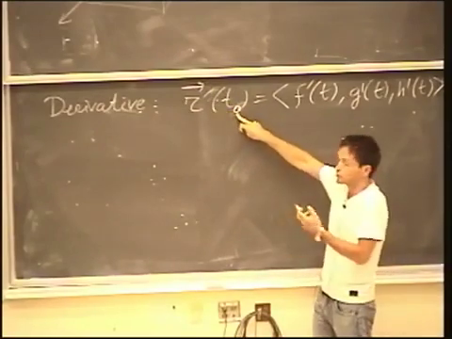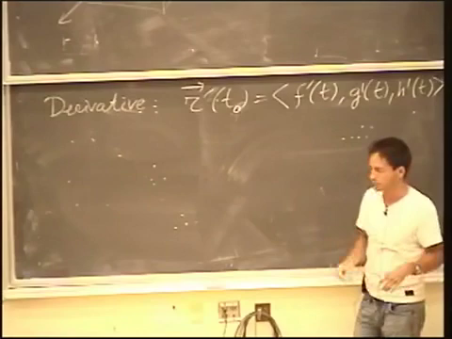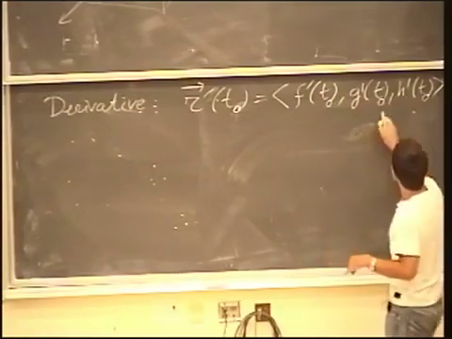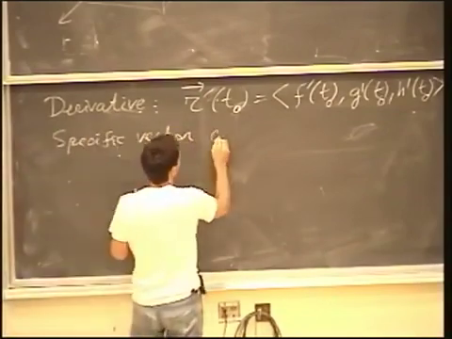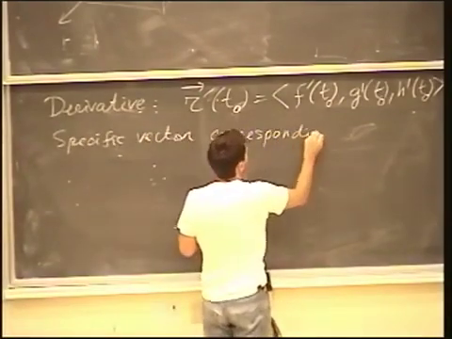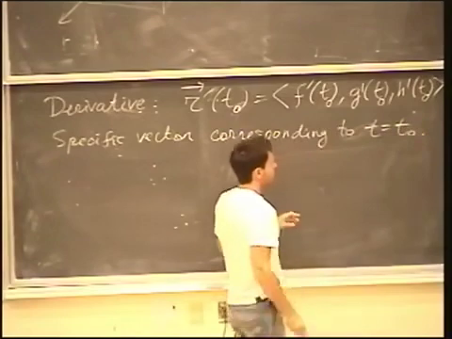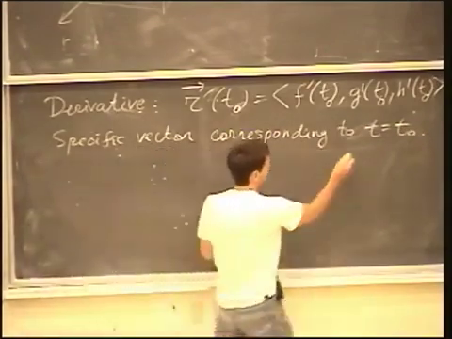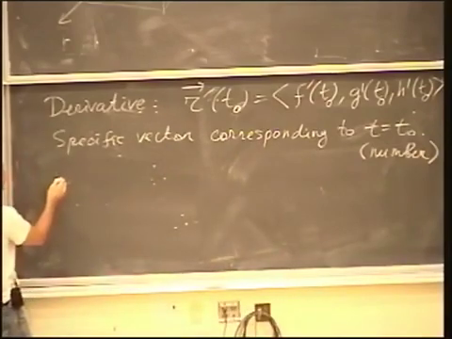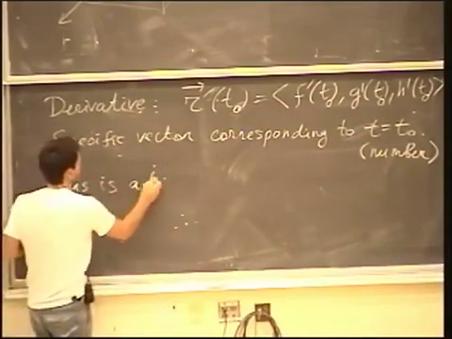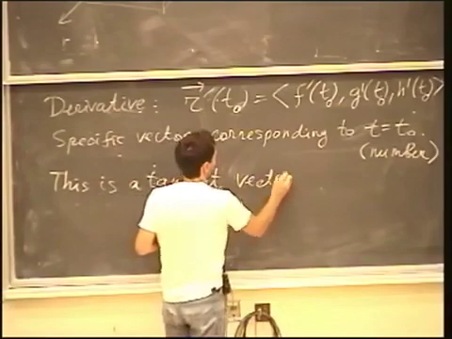For example, t0 could be equal to 0, like in the example which I calculated at the very end of last lecture. So that would mean that we are evaluating the derivative at the point t0. So if we do that, this is a specific vector. This is a specific vector corresponding to the value of t, which I call t0, which is a specific value, particular number, some numeric value. And the upshot of all this is that this is a tangent vector. Tangent vector to the curve